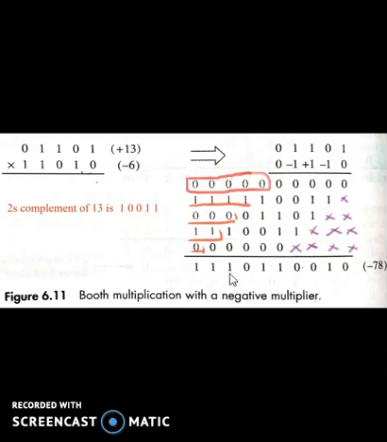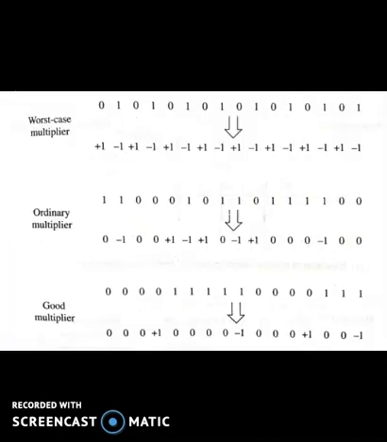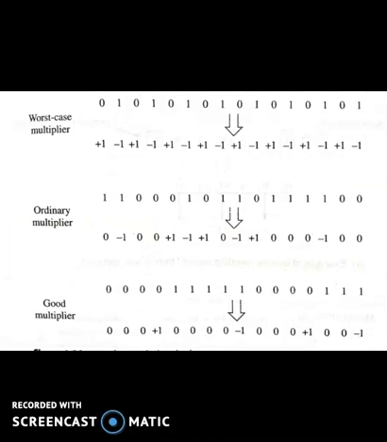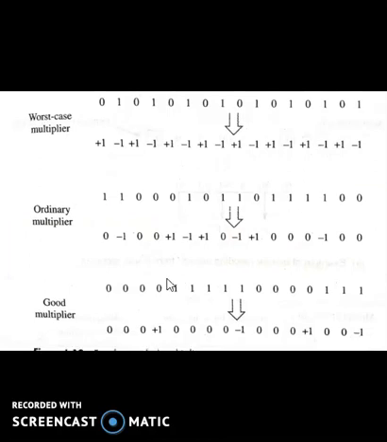Now this is a very interesting thing. We know that from this 1 1 0 1 1 0 0 1 0, we are getting minus 78, and this bit is 1. So extend the remaining bits, so 1 1. So it is indicating minus 78. Okay. So we have performed the multiplication with the Booth algorithm.